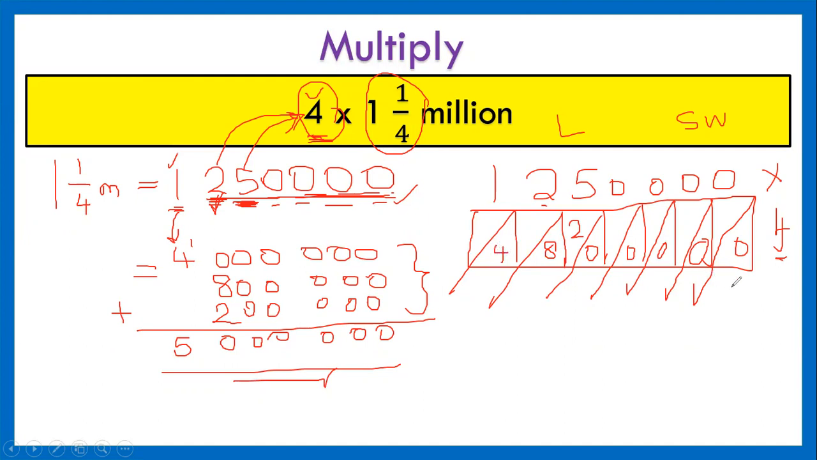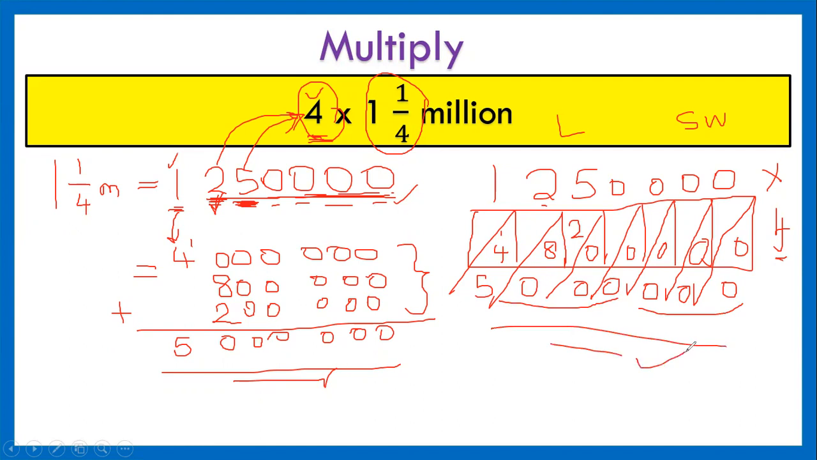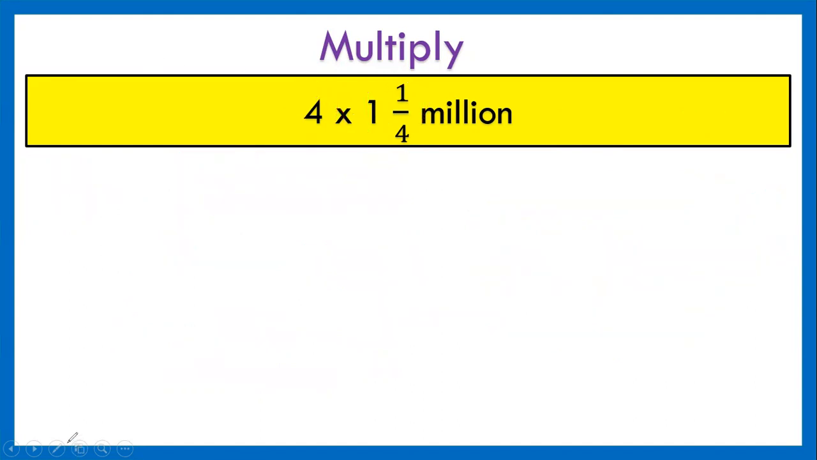Now total up at the bottom. 0, 0, 0, 0, 0. 8 plus 2 would be 10. Carry up 1 and this would be 5. So look at your zeros. 1, 2, 3, 4, 5, 6. So that's 5 million right there. So even if you use different methods, you should get the same answer. Clear? Let's move on to the next question,